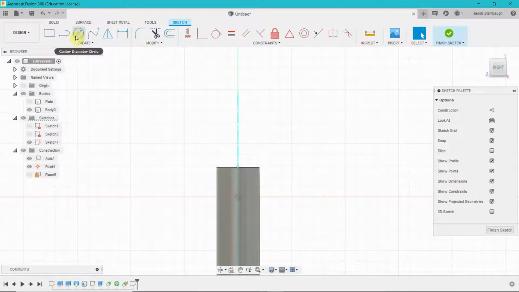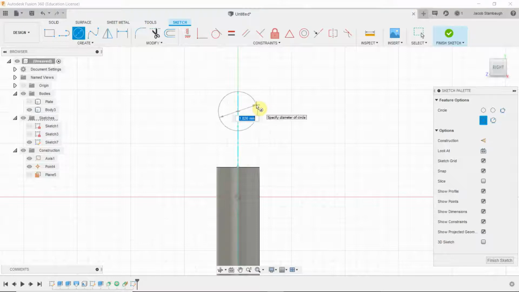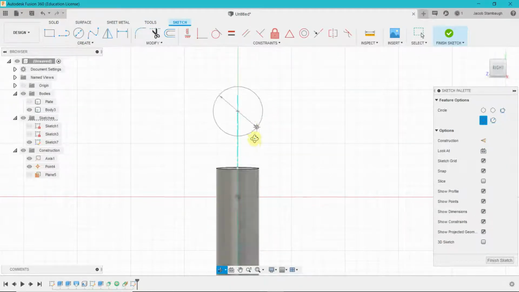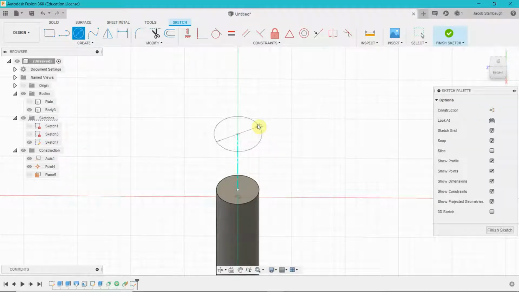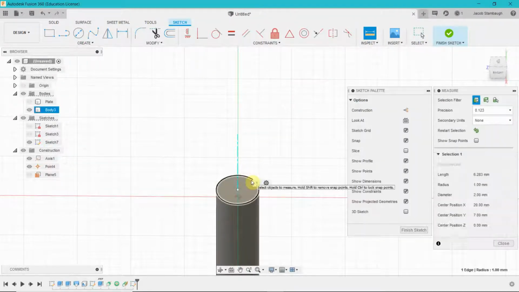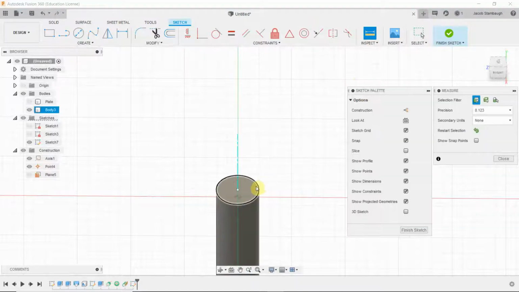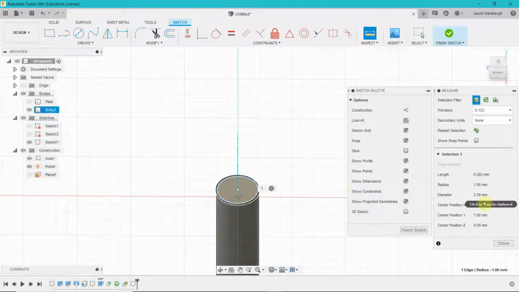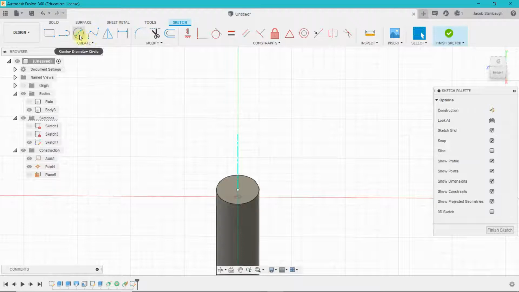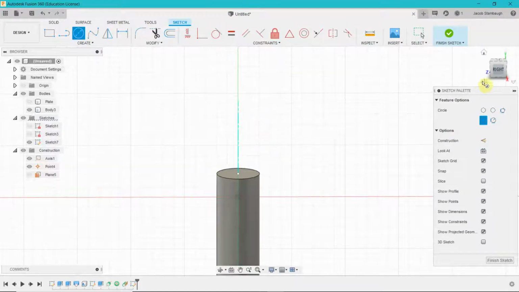In this case, we're going to draw a circle somewhere above what we have over here, and we want to make it the same diameter. I don't remember the diameter, so if we go over here to inspect, we can click something and it automatically tells us the radius, the diameter, and everything else we care about. I wasn't paying attention, but the diameter is 2 millimeters. And so when we go and create,